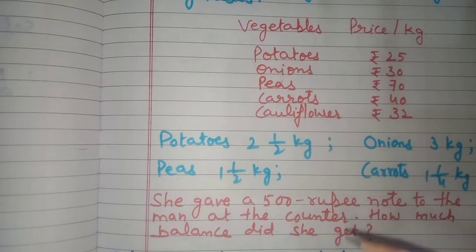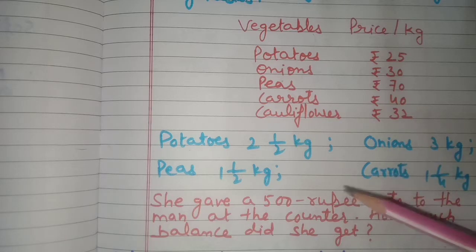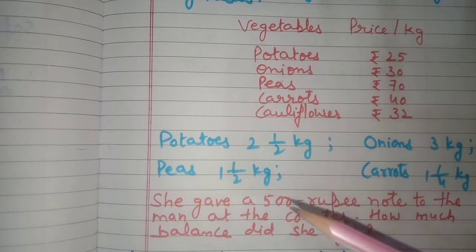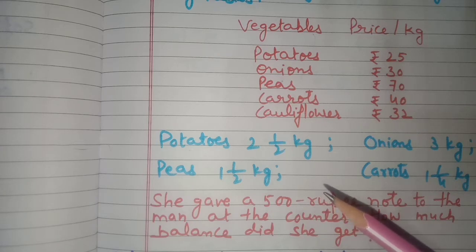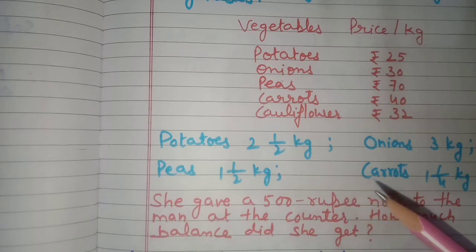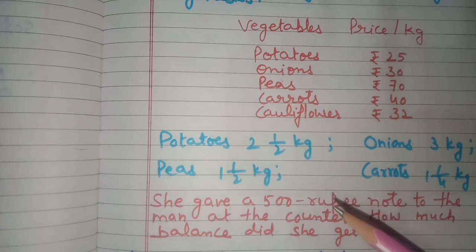So whenever you go to a vegetable shop, what do you do? You just buy the vegetables. After that, you add the amount that you are supposed to pay. So in this question also, first of all, you will find the amount she paid for buying these vegetables. After that, you give money to the shopkeeper, and if you give more money than the amount for what you have purchased, you get some balance. Fine. And if you give the appropriate money according to the amount that you have spent, then you get nothing.